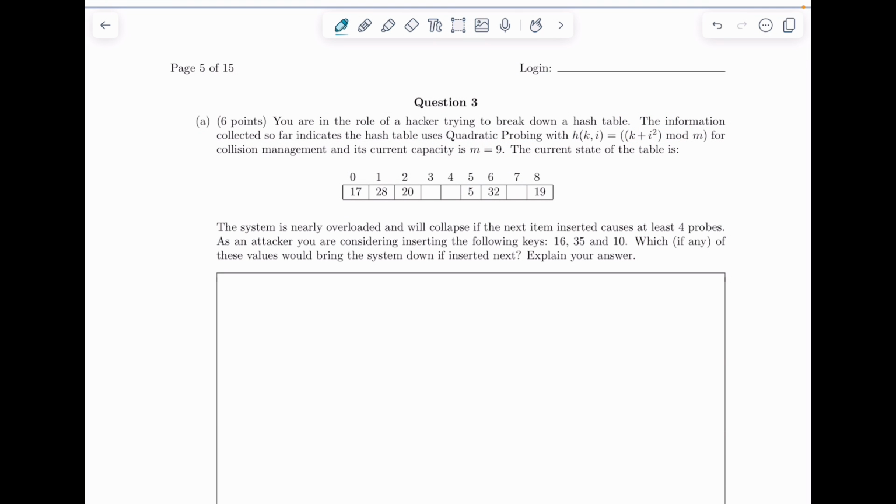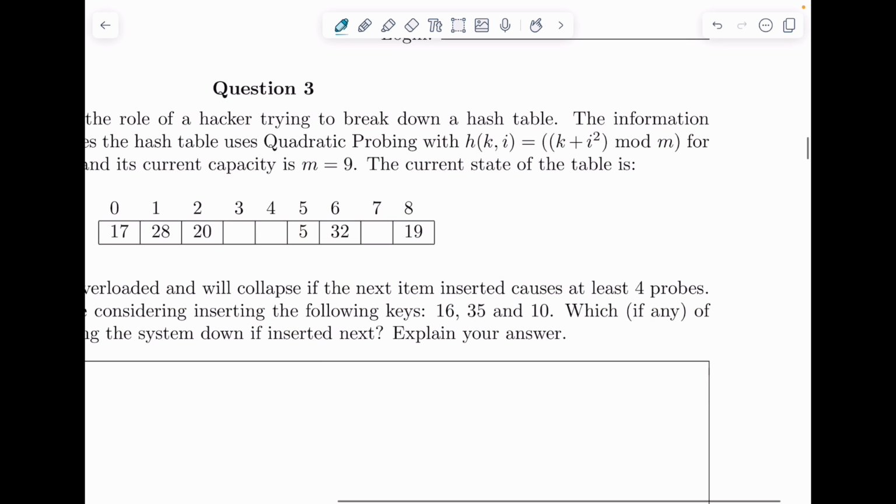Question 3. You're in the role of a hacker trying to break down a hash table. The information collected so far indicates the hash table uses quadratic probing, which is indicated by this. So for each probe that you do,